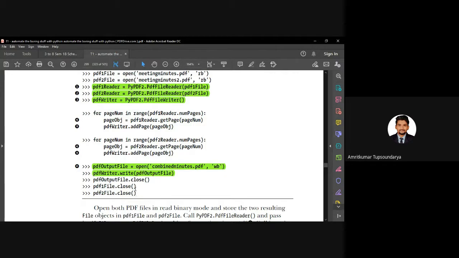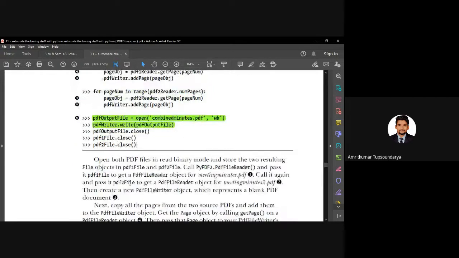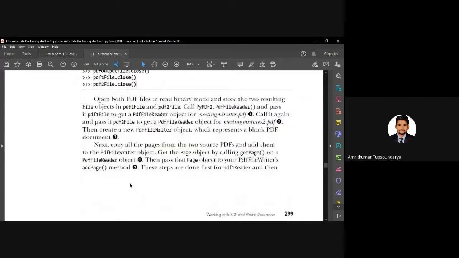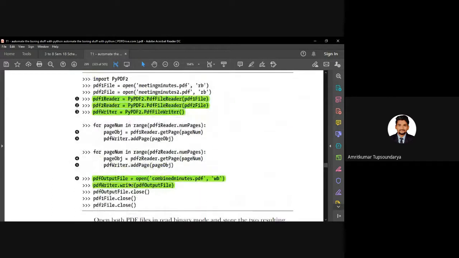These are simple one-liner instructions which you have to remember in order to do a specific task. One more thing which is quite evident here is that the content which is copied from the first PDF and then added to the output PDF, which is our combined minutes.pdf, and then when we copy the content from the second PDF, the copied content of the second PDF will be added after the copied content of the first PDF.